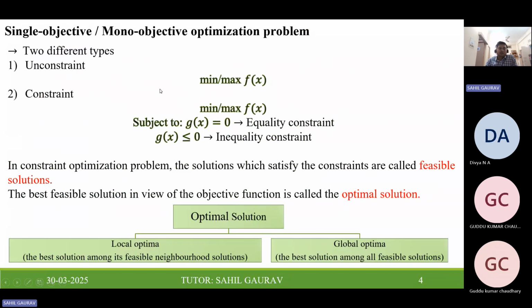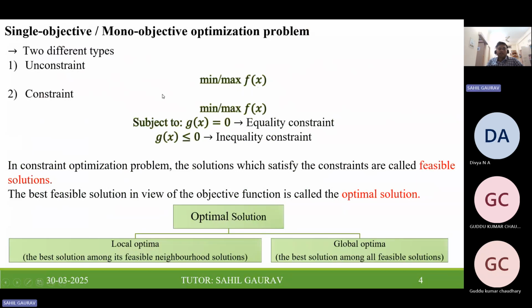Unconstrained means there are no constraints applied to the objective function. Here, if you see the first one, unconstrained optimization problem, where we have to minimize or maximize f(x), there are no constraints applied to this objective function. Means the aim is to just get the optimal solution for this optimization function f(x) without any constraint